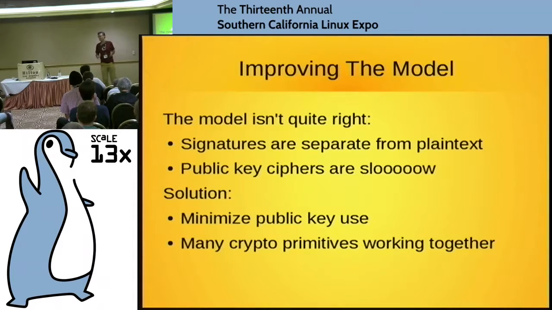If you've ever seen a PGP signed email, what you actually saw was not a message encrypted with a private key. You saw plain text, and then you saw a little block of data, right? So the fact that it's visible that I'm lying to you is what bothers me, because now you can catch me. So what really happens is that